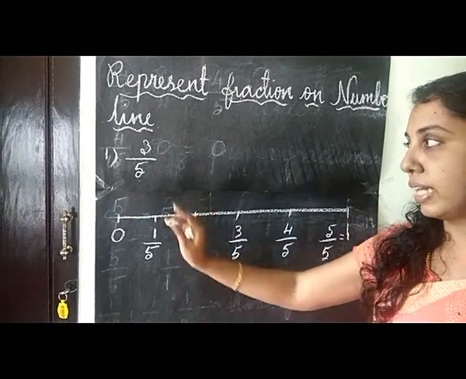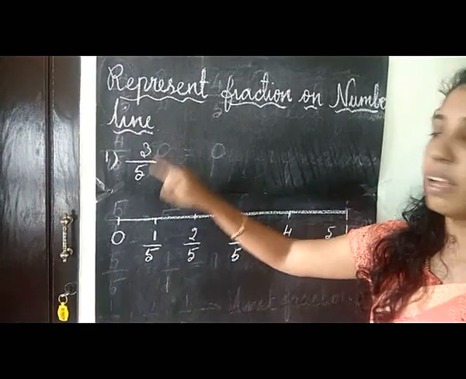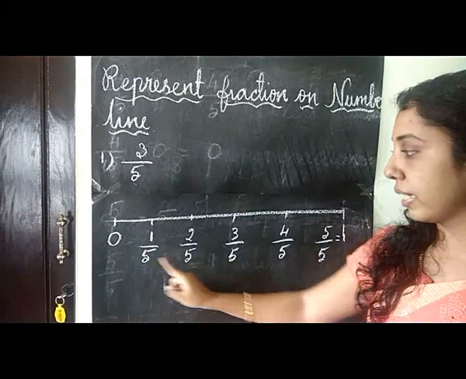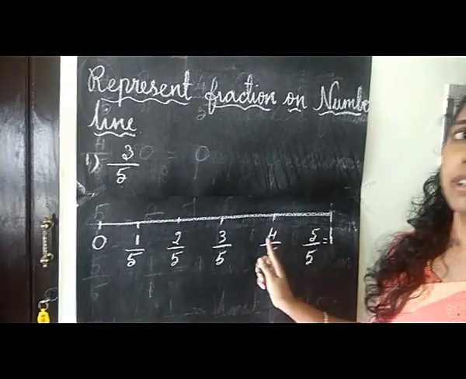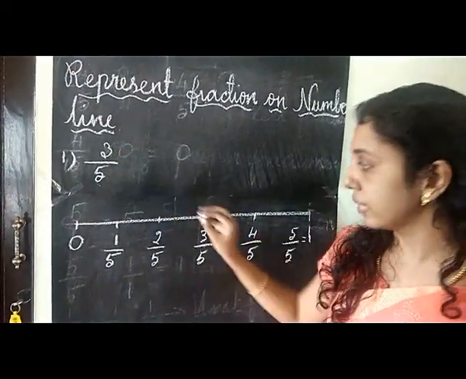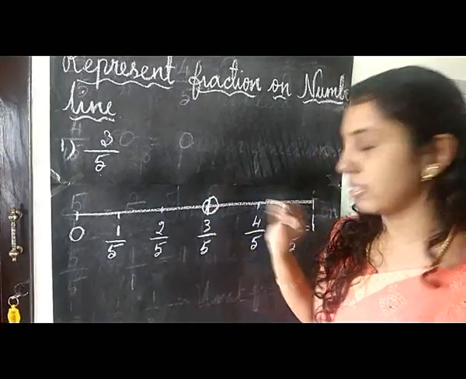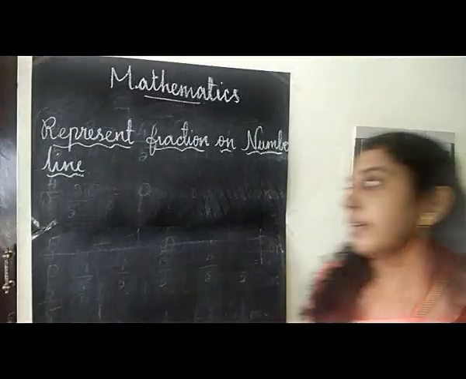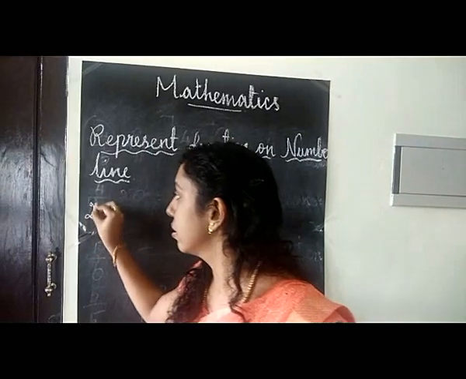It's a number line between 0 and 1. I am going to divide that into 5 parts. Why? Because the denominator is 5. I can write like this. From here you can find the number 3 by 5. That is here. It's your answer. Okay? Second problem is